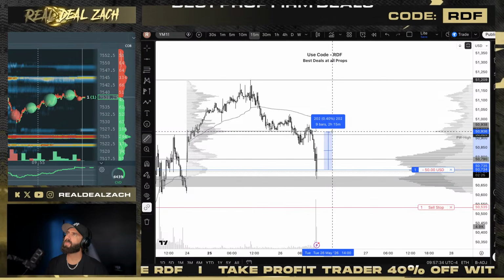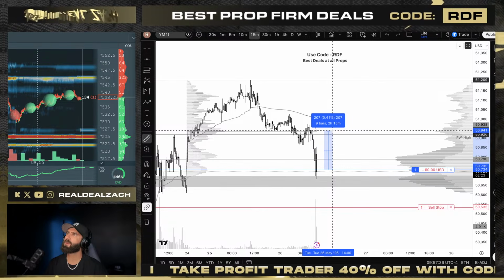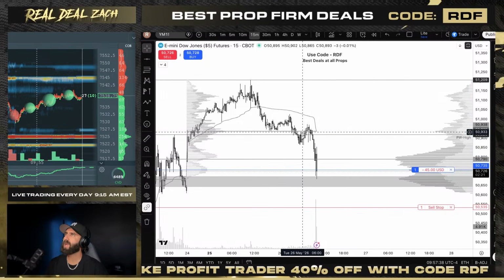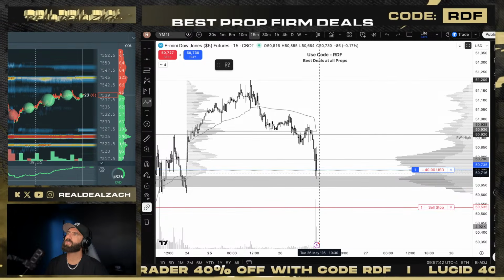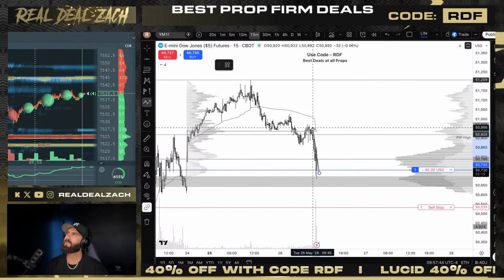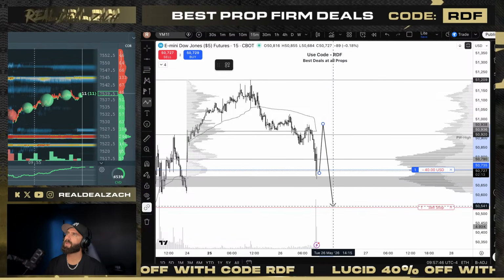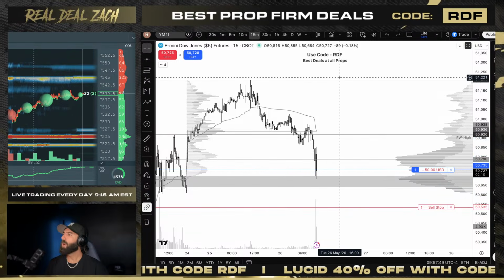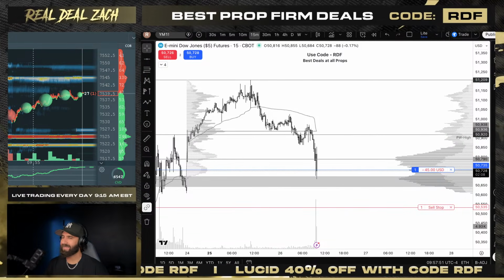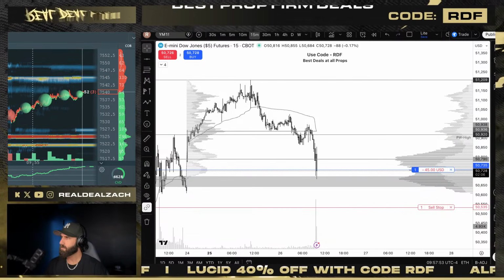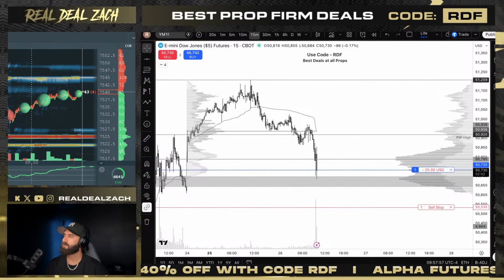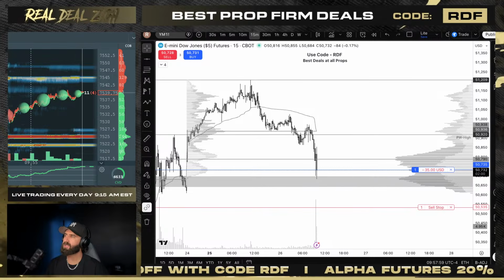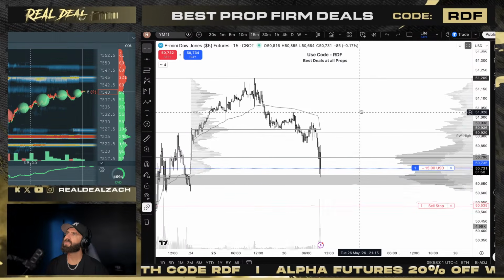That will present me with a nice quick W. Easy 200 points back up to current volume point of control, current VWAP. Even if we're not going to just break through the highs here, I think this is a really reasonable spot to return to before we continue lower. But we do have some news coming up at 10 a.m. Consumer confidence. 2 minutes.